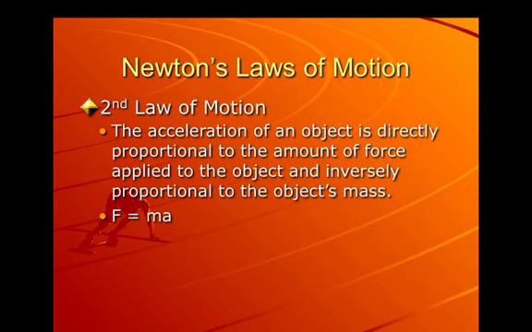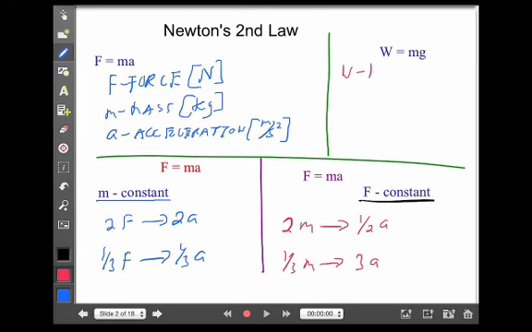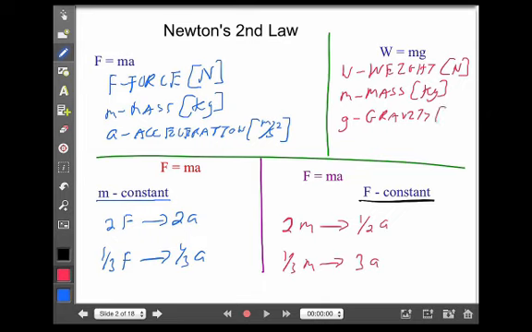Now there's an important relationship that comes from this second law concerning something called weight. Now weight is a force and it is based on mass and acceleration. So weight is measured in newtons. It is a force. In the English system we use the term pounds. So it is based on an object's mass, but it's based on a very specific acceleration, the acceleration of gravity, okay, which we already know is also measured in meters per second squared.